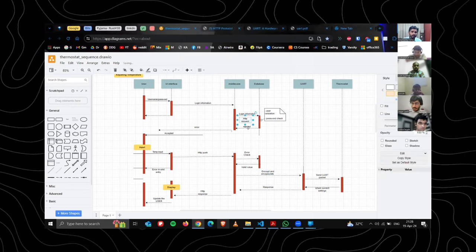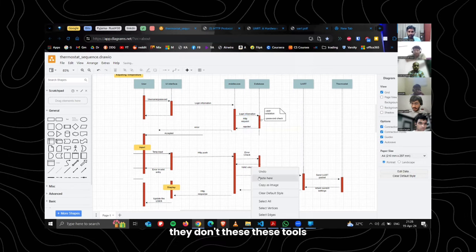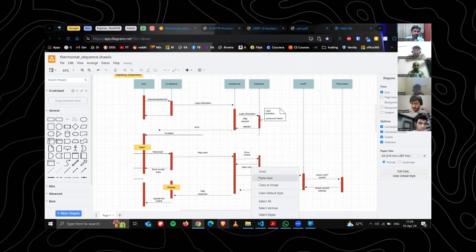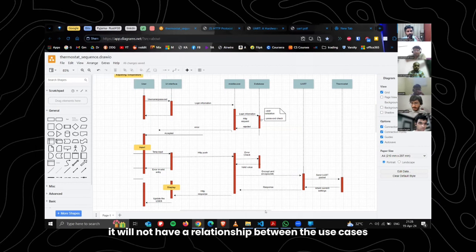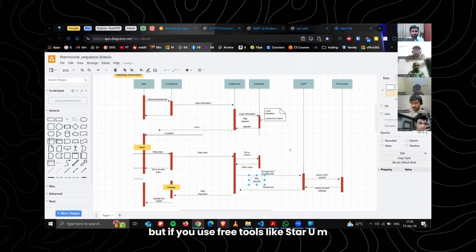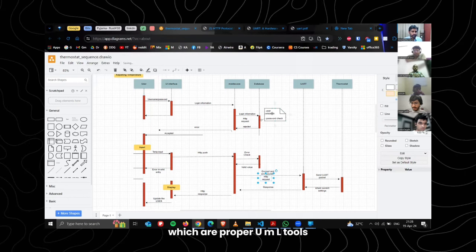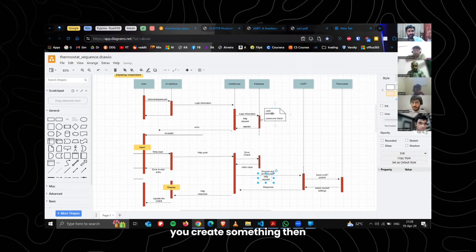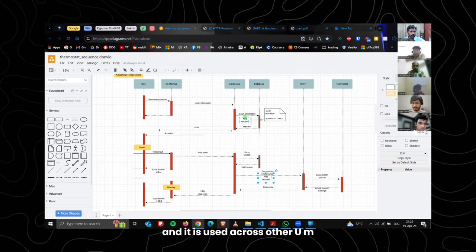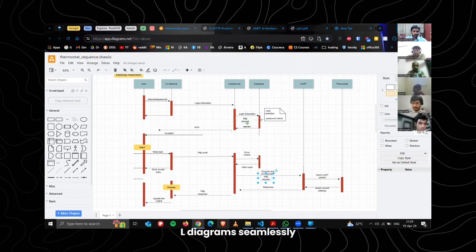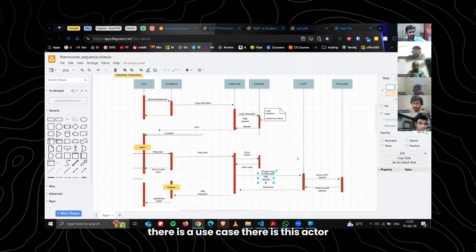See, draw.io and these tools are good because they provide all the things. But these diagrams, if it is not a UML tool, will not have a relationship between the use cases and all those things. But if you use free tools like Star UML, or Enterprise Architect, which are proper UML tools, you create something, then that object is automatically understood by the software and used across other UML diagrams seamlessly. You don't have to drag and drop; it understands that there is a use case, there is this actor.